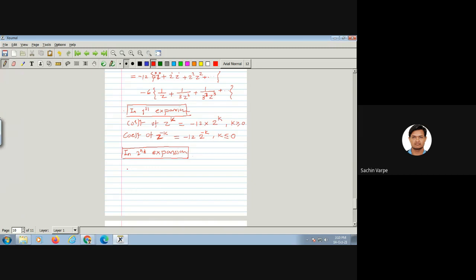So directly I can write coefficient of z raised to minus k, that is equals to -6 times z raised to 1 का कोएफिशिएंट है 1, z raised to 1 मतलब 1 by 3 raised to 0, right, z raised to 2 का कोएफिशिएंट है 1 by 3 raised to 1, 1 by z क्यूब का कोएफिशिएंट है 1 by 3 स्क्वायर, तो z raised to minus k का क्या होगा बताओ, 1 by 3 raised to k minus 1। आप लोग बताते नहीं यार, बोलते भी नहीं कुछ।